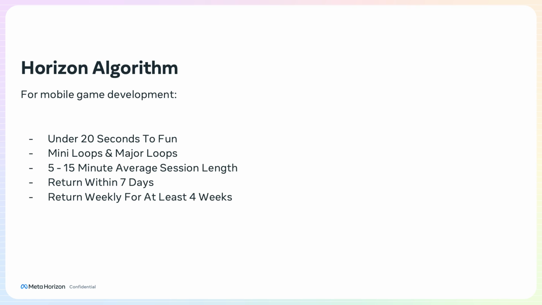All right, we're talking about the Horizon algorithm now. And we're going to address mobile game development in depth a little bit here, because this is Meta's priority. We need to recognize that we should be following what Meta is looking for, and they want us to be developing for mobile. This doesn't mean you need to be mobile first. This means you should be thinking, if I'm building a VR world, it should be playable on mobile as well. It doesn't need to be perfect. It doesn't need to be the best mobile game. It can still take a minute to get in, but it should be playable on mobile at the very least.